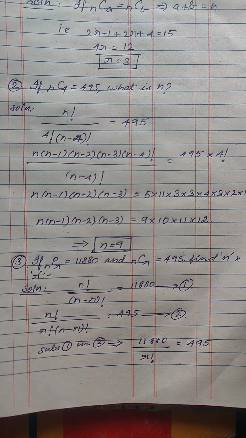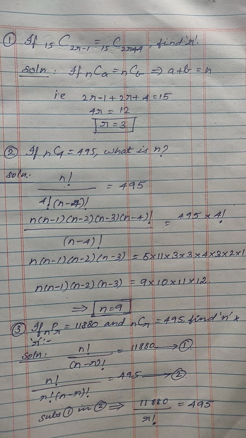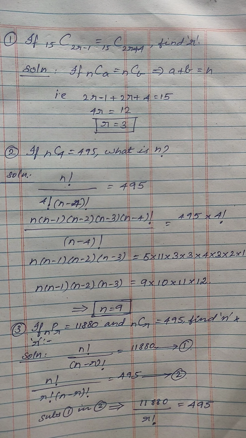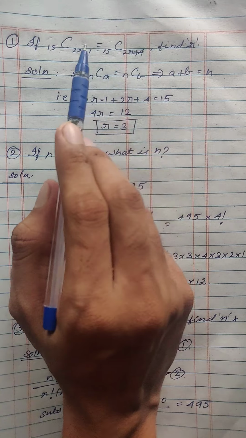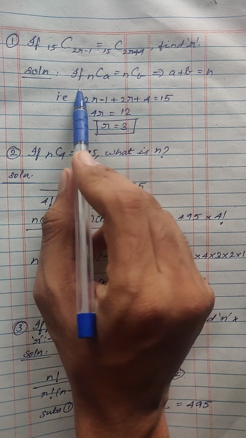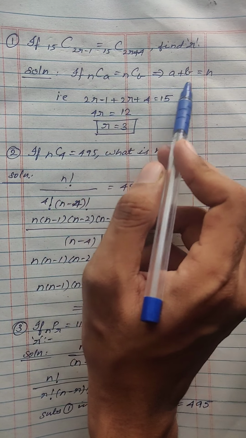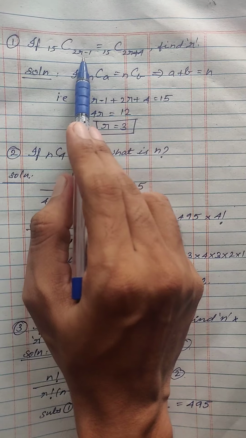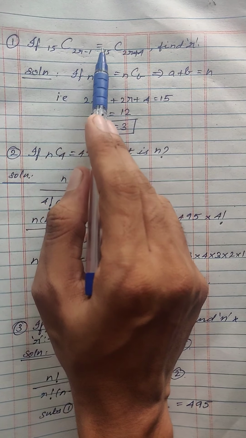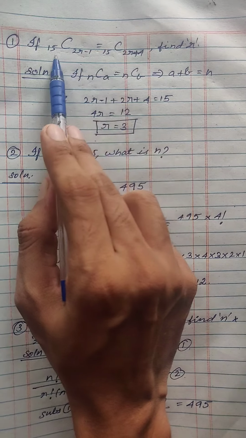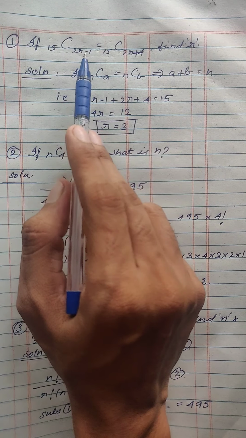Okay, so now we look into a few more problems in the homework. This is one of the problems which I have given. Just search where it is in the homework. So here you can see this 15 is resembling here and here, but there are different terms over here and here. So then you should just recollect that it is of this particular form, where just now I discussed nCa equal to nCb, then it means a plus b equal to n. This can be applied only if these 15 and 15 are matching. Else you cannot apply that.